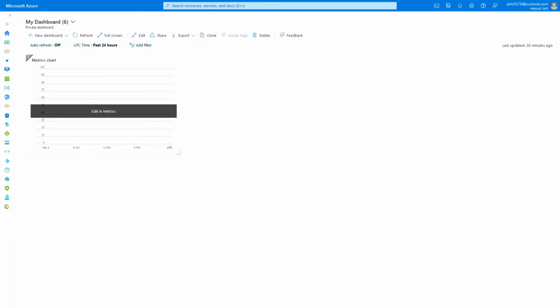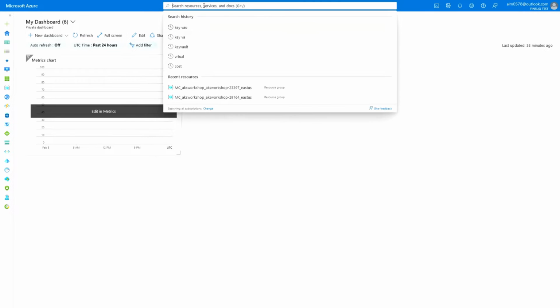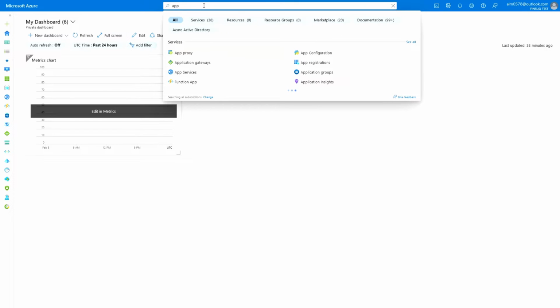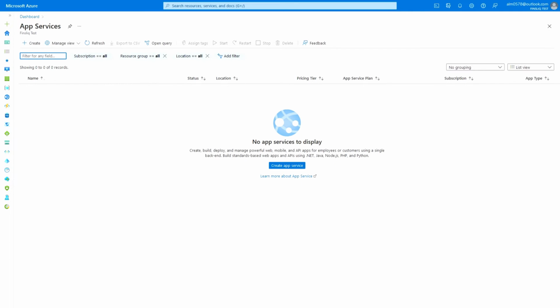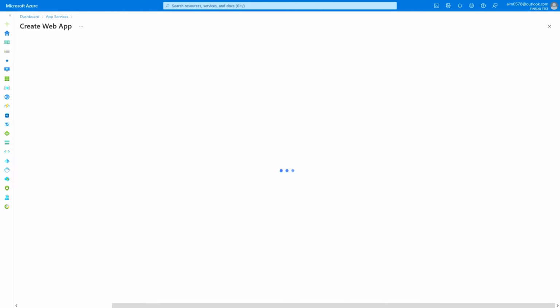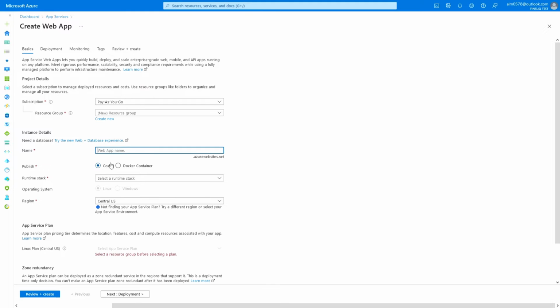an Azure App Service. So the first thing we need to do is look for the resource. So as you can see, you've got App Services. When we go into our App Services, we need to go ahead and create our App Service. Now, when we are creating an App Service, first thing we need to do is go ahead and create a